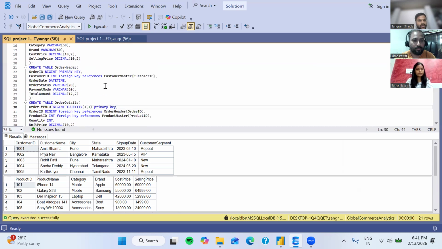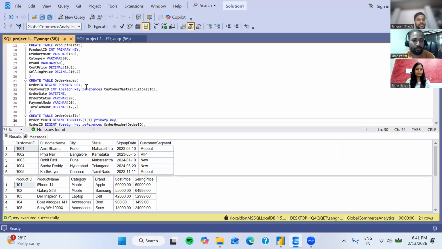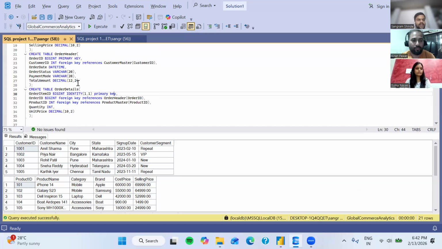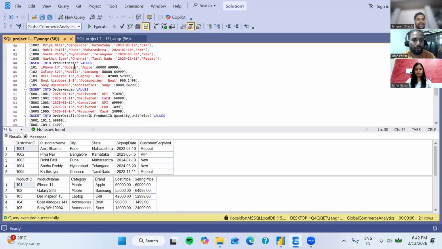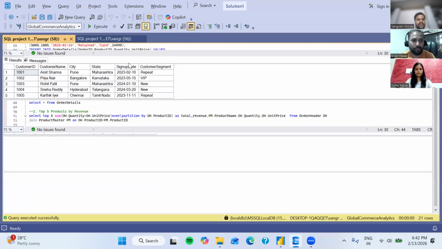So we use foreign keys in the order header table and the order details table to form relationships. We use customer ID from the customer master table, and in the order details table we use order ID and product ID from the order header and product master tables. Perfect. And then we have inserted this data, and as you can see here,